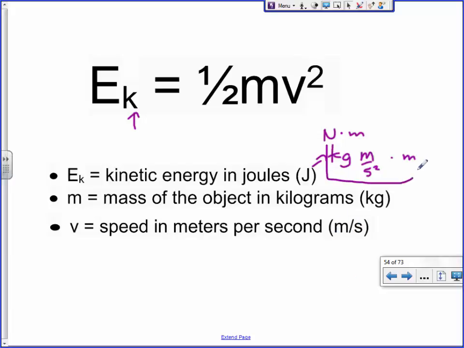I know it's ugly. Get used to it, I guess, because most of the units that we work with are composites. The base units are things like kilograms, meters. Most of the other units we'll use, like watts, joules, newtons, gravitational field strength, when we get to some of those crazy ones, are actually composites of things. And eventually you'll have to memorize that capital B really means a Tesla times a meter divided by a candela, or whatever it happens to be. I'm just making stuff up right now.